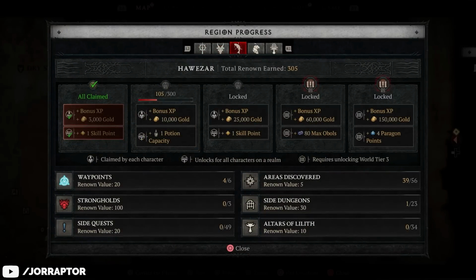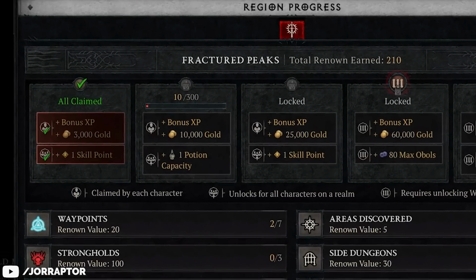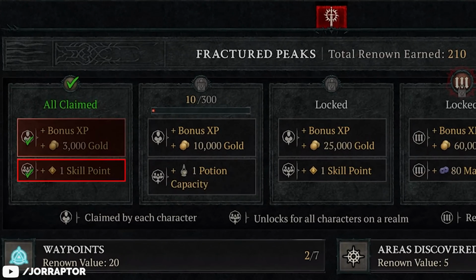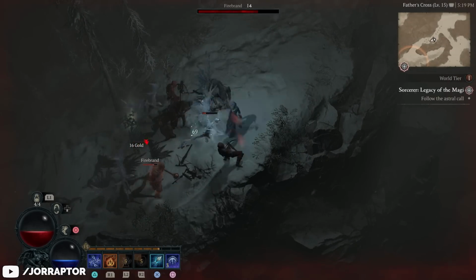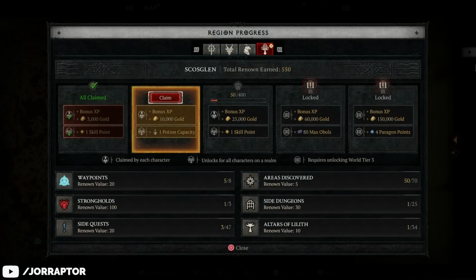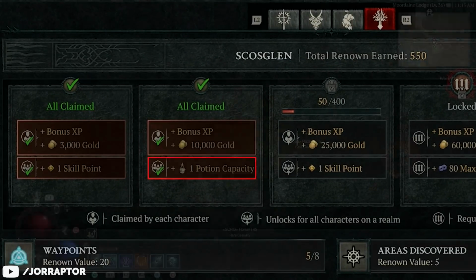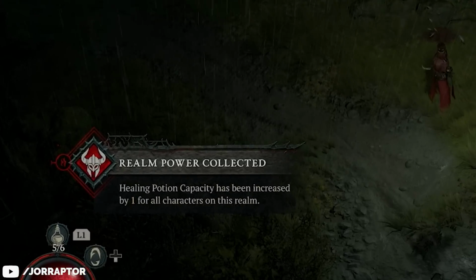These renowned reward tracks allow you to unlock multiple very useful things for your character, like skill points, but it is also the only way to upgrade your healing potion capacity in the game. While you start out with a maximum of 4, you can unlock an extra slot by getting your region renown to level 2, and since there are 5 main regions, you can upgrade the total to 9 if you get